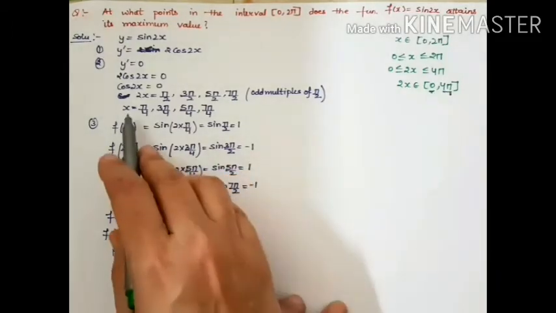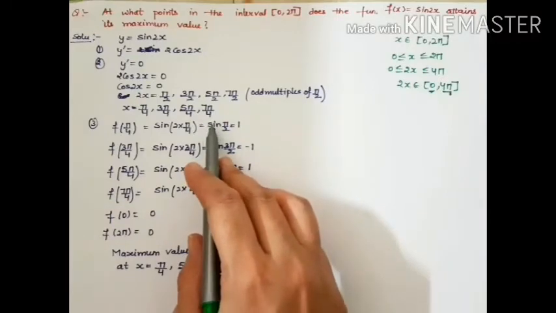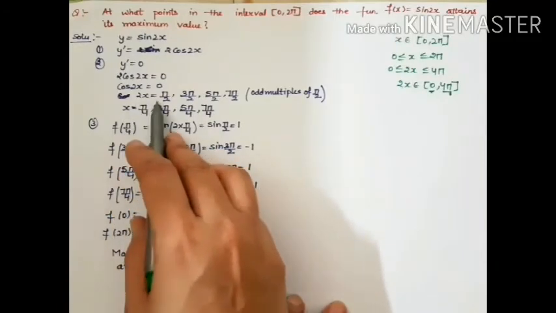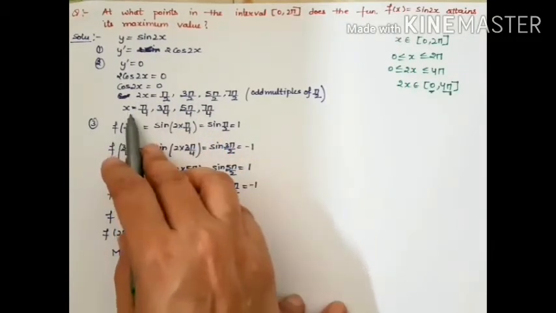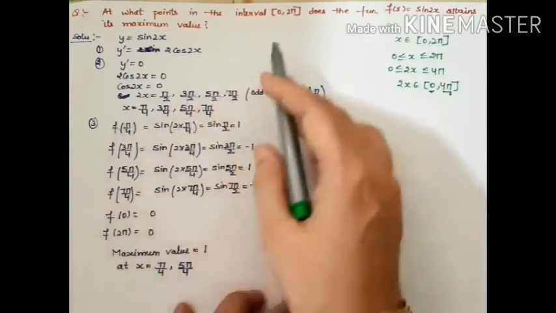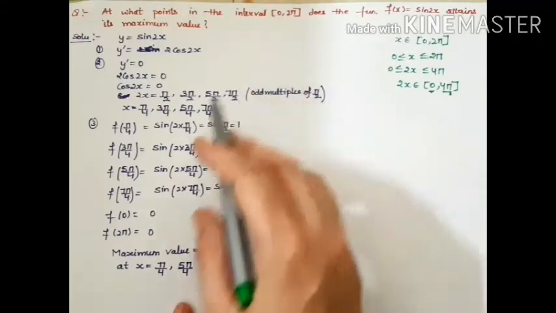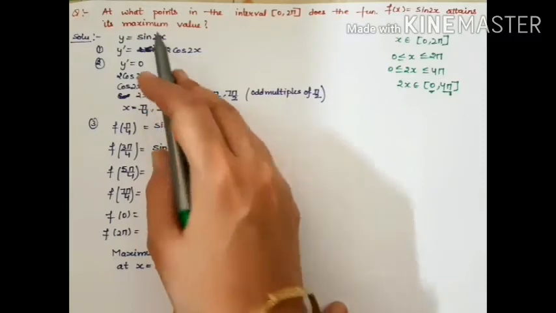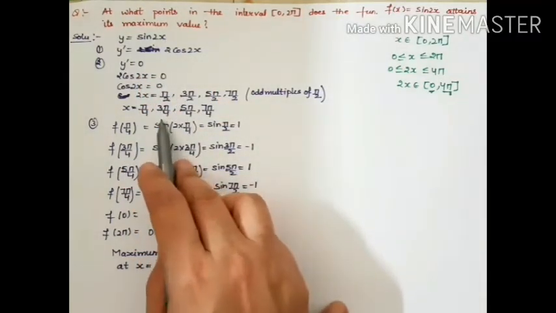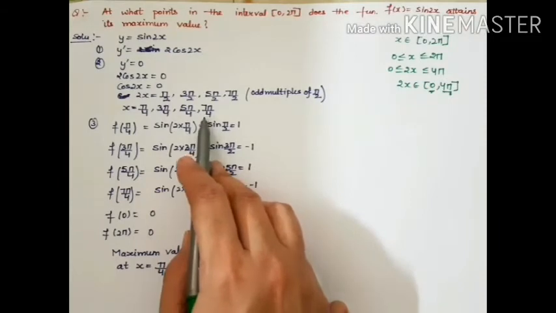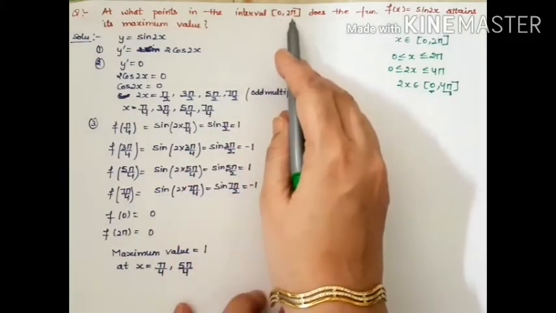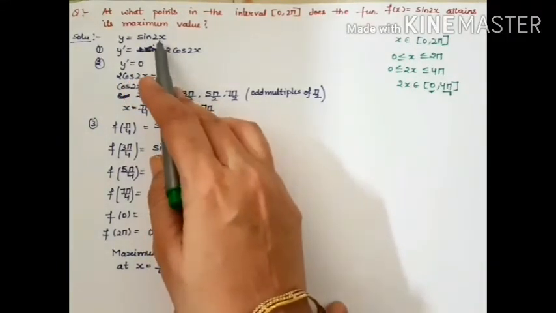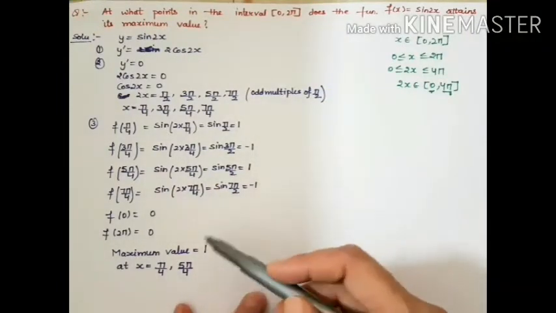Okay. So now you have 4 critical points. And what are the extremes? Extremes for x. These were the values for 2x, and by dividing we can find the values for x. So what are the extremes for x? 0 as well as 2 pi. So there are 6 values with us which we are going to put in our main function sin 2x. That is pi by 4, 3 pi by 4, 5 pi by 4, 7 pi by 4 and 0 as well as 2 pi. So just substitute all of them in your function sin 2x and just find the values.